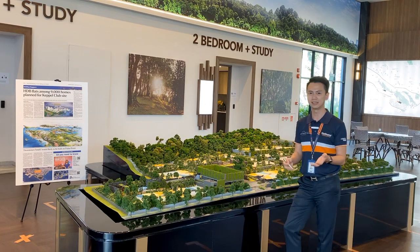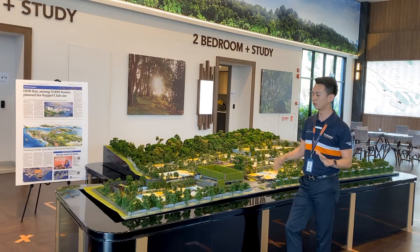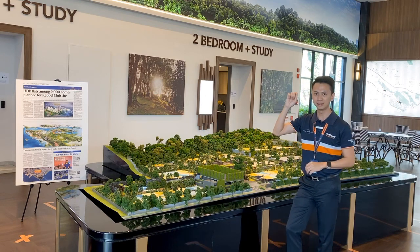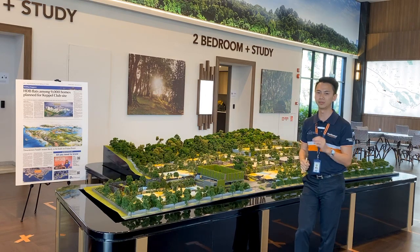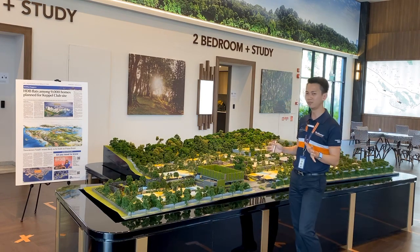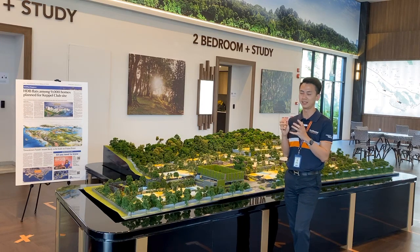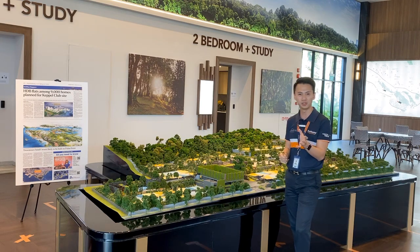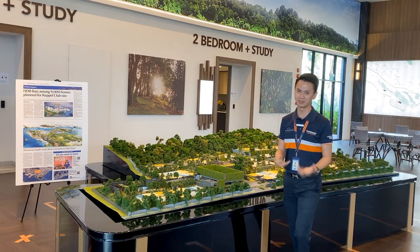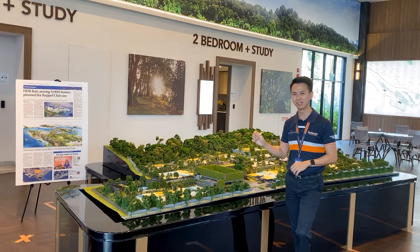pool, which I think enhances the space, because I feel that this area is not like a high-rise building overlooking in this area. So you enjoy having your visitors keeping this very beautiful memory, and they will remember your development as well, because they say, hey, wow, I visited somewhere called Kent Ridge Residences. They have something like a private area, and I really enjoy it, because I even imagine when one day I have a ROM inside this area, I may want to book this area as a special event. So this is something that you will have in this development, which I think is rarely seen in other